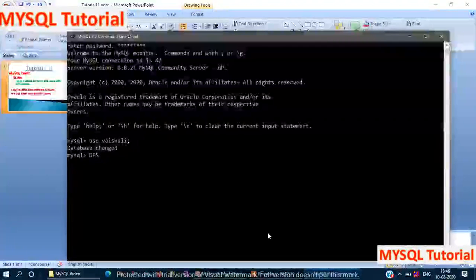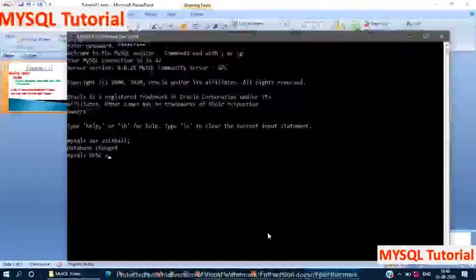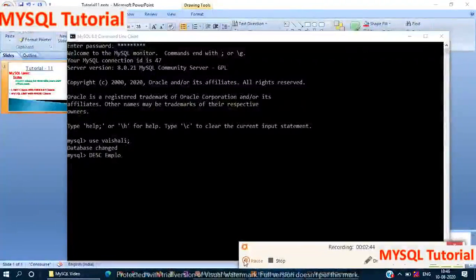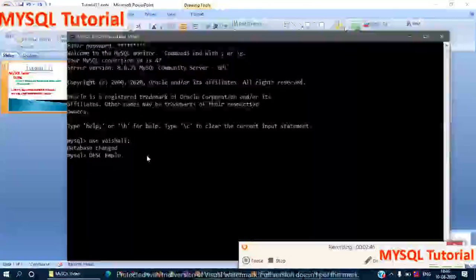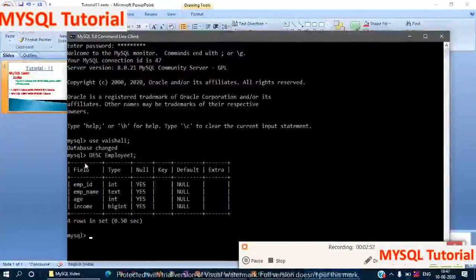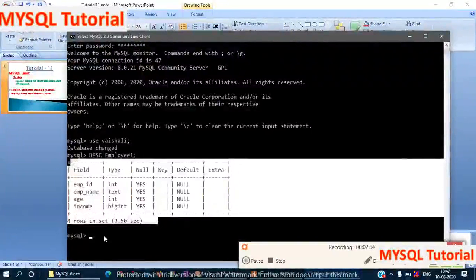By using this command, first we see the structure of the table. Here you can see the structure of the employee table.